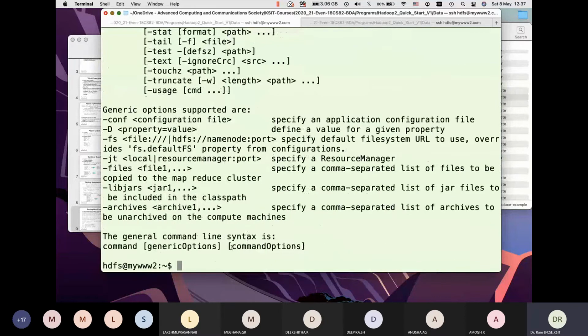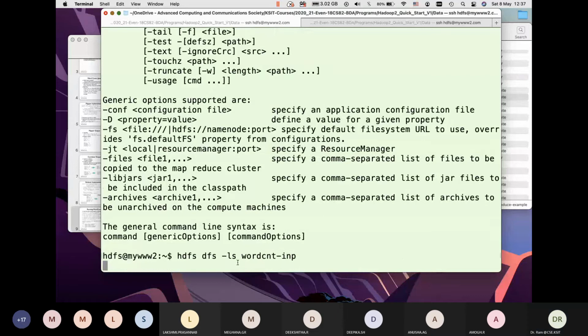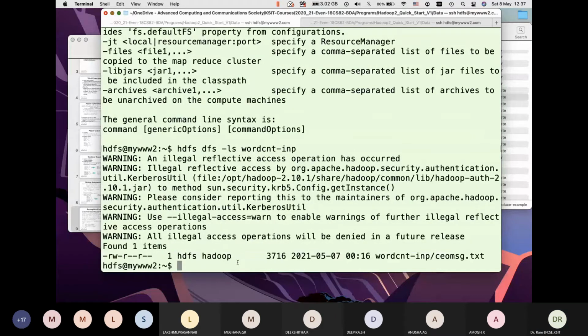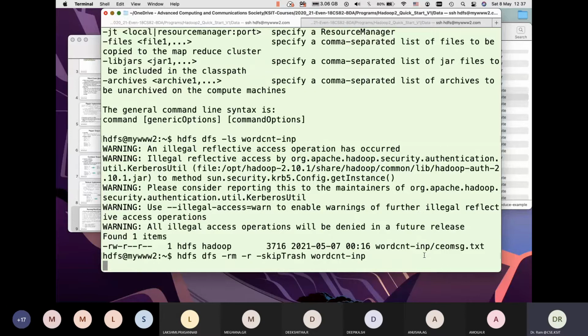I made a mistake, it should be ls. So look, I have a file called, or if you want to copy, I can do it all over again. HDFS, DFS. So I'll remove everything.